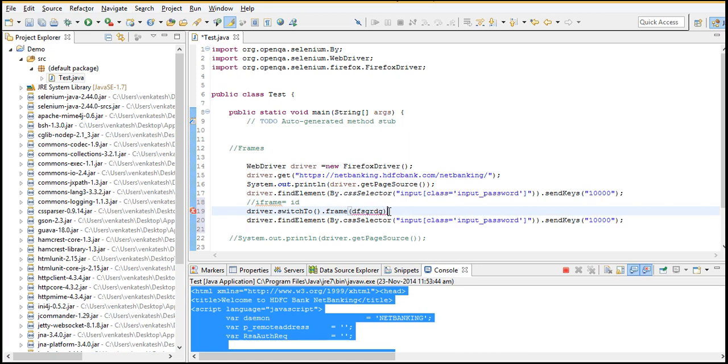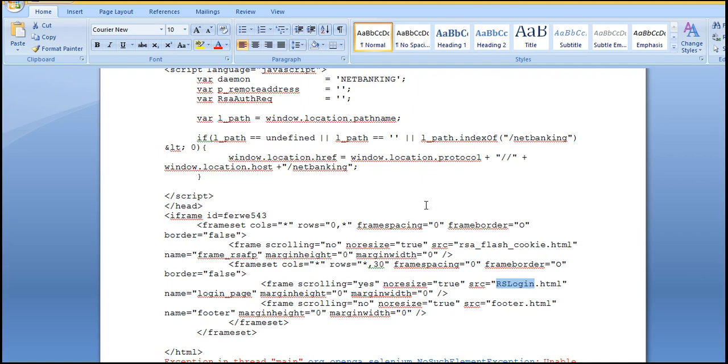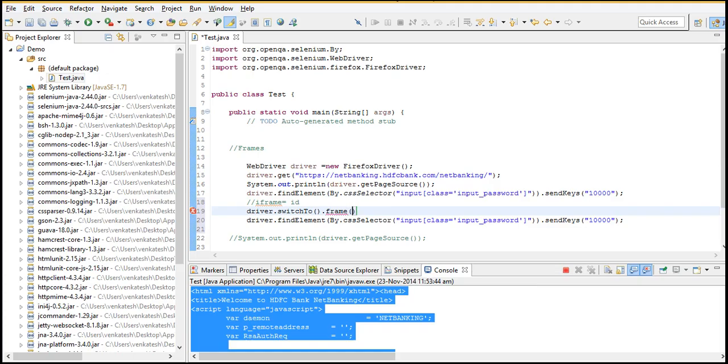Now in our case it is not an iframe, so we will go with an index. We came to the conclusion that it is the second frame. So what I'll do, driver dot switchTo frame. If it is the first frame, it will be on index 0. If it is second, it will be on 1. So I'll give it on the second frame. That's it. The only step we need to write is the switching step, right? We are switching from the normal web document to the frames, because the elements we are searching for are in that frame. That's the reason we are switching, and then we find that element and enter something.